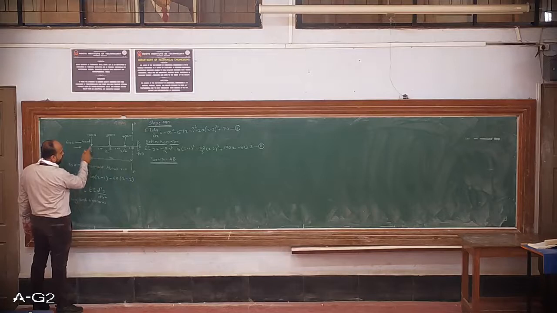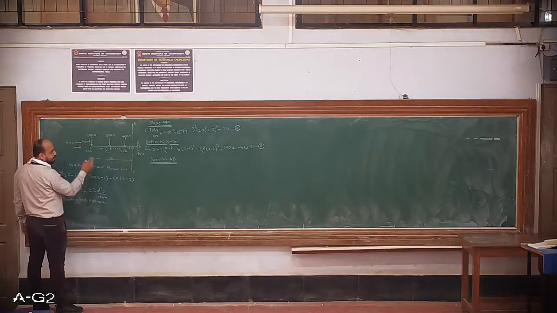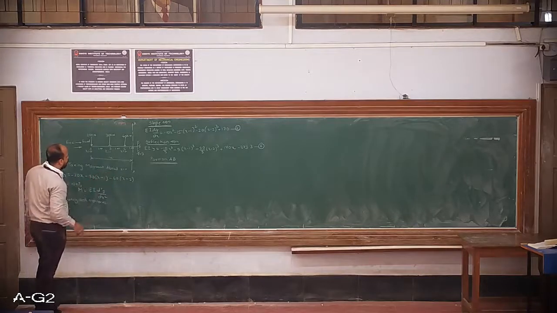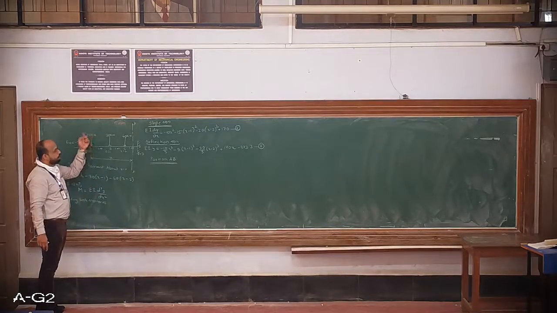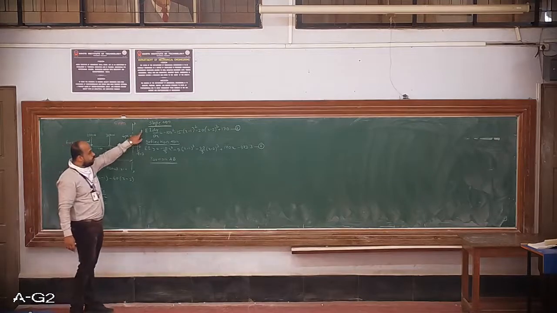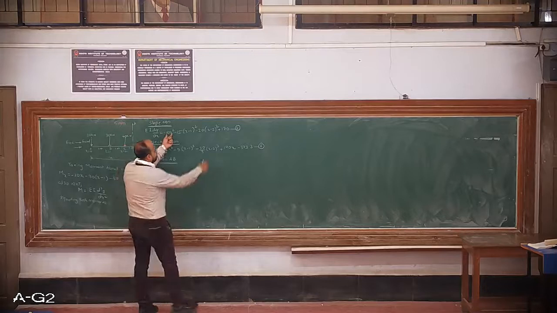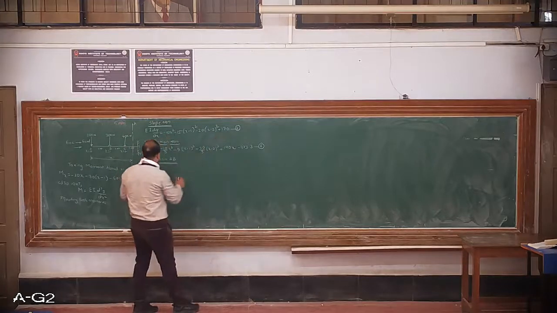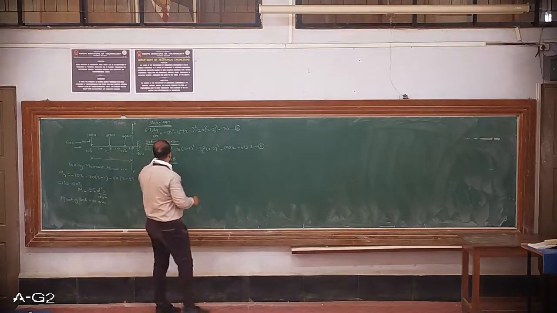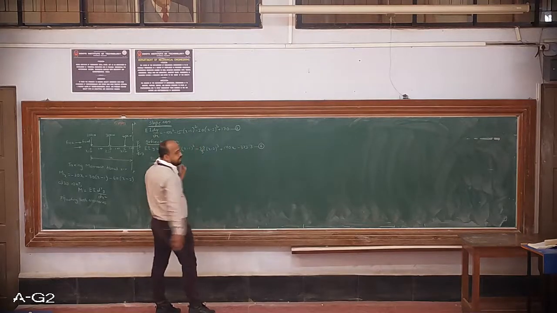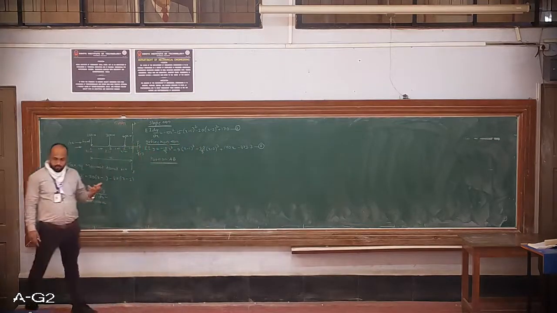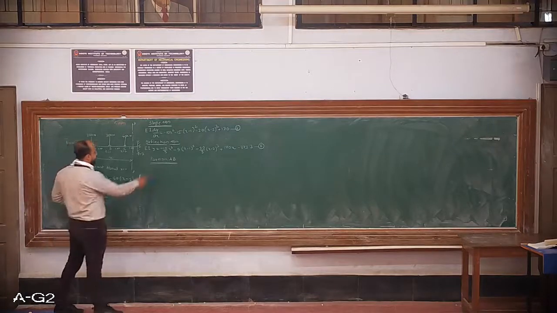Suppose I take it here, what will be the moment? 20 into x. What will be the slope? Integration, plus C1 will come. What will be the deflection? Plus C1 into x plus C2. So only one term will come with respect to the load. So I have the slope equation as well as the deflection equation, with one term plus constant for slope, and one term plus constants C1 and C2 for deflection. You should understand this for portion AB.